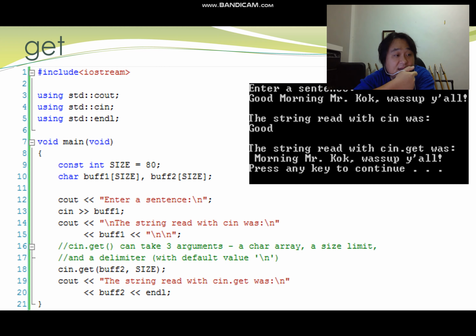If you realize this, I think you have done this before with printf and scanf in C. You will see the same problem where whenever you have a space, whatever there is after the space will not be captured, because the space acts as somewhat like an end of file, okay, like the